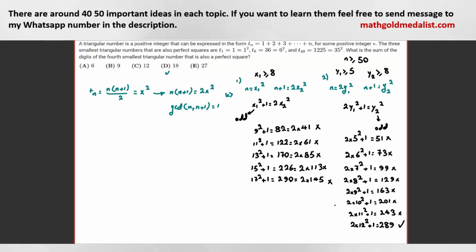In this case, n will be what? n, and this one is 2 times this plus 1, y2 squared. So n is what here? 288, because n plus 1 is y2 squared. y2 squared is 289, so y2 is 17, or y2 squared is 289 minus 1, 288, right? Yeah. The only thing is to check here